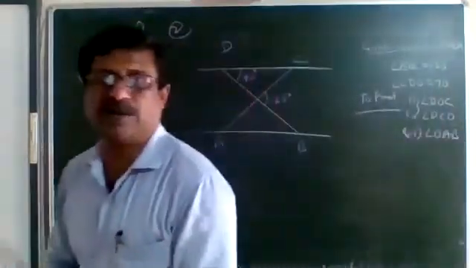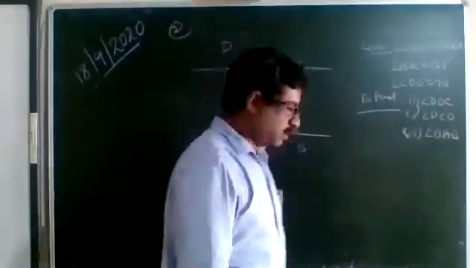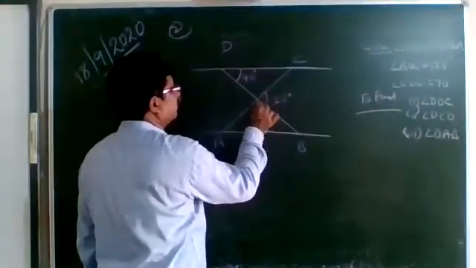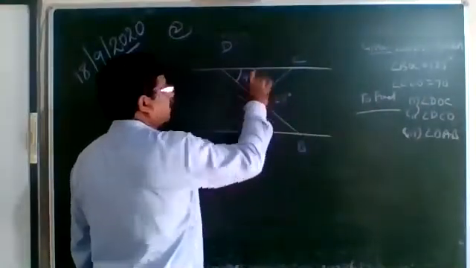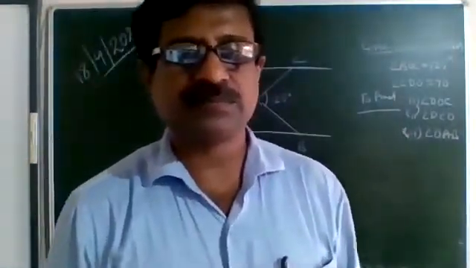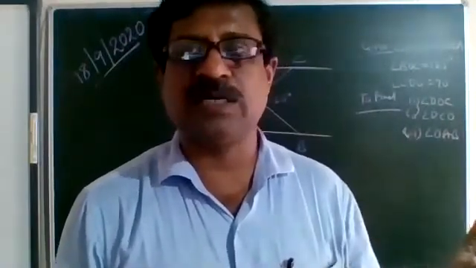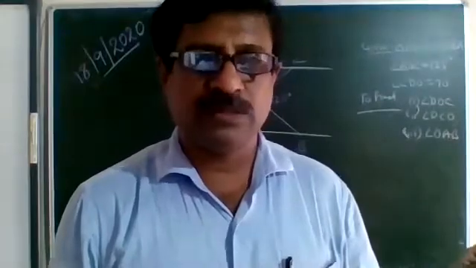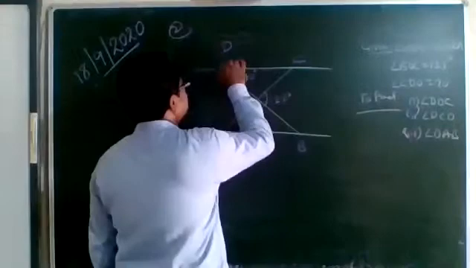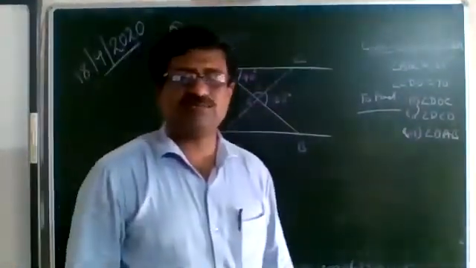One by one, we try to find out each of these angles. First is DOC. This is given 70. This is given 125 degrees. Nothing else is given. Only thing is the triangles are given similar. And if the triangles are given similar, it has some meaning. We'll see how we can use that. First part is to find out DOC. This is DOC. I've named that angle as 1.